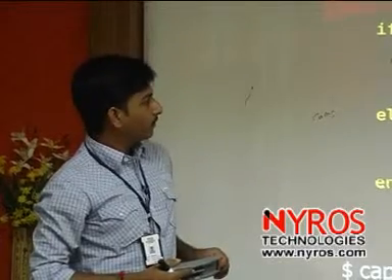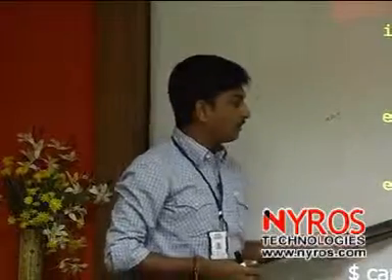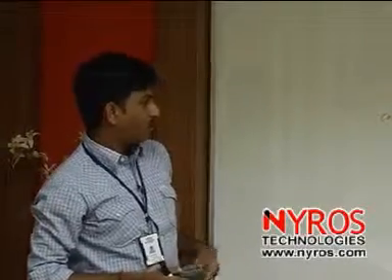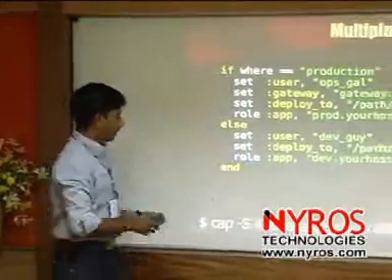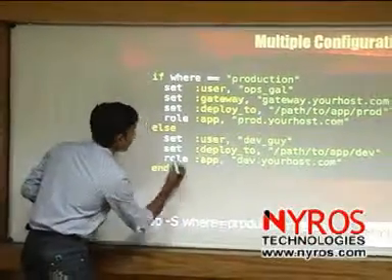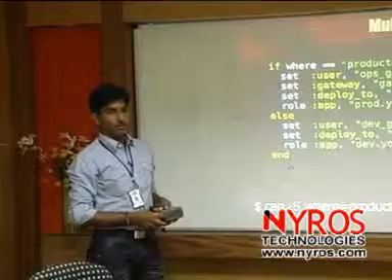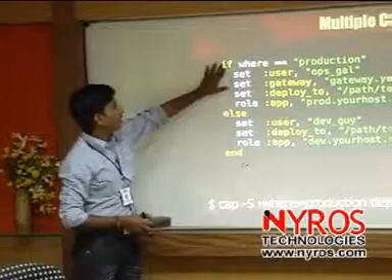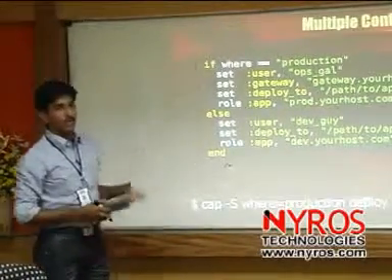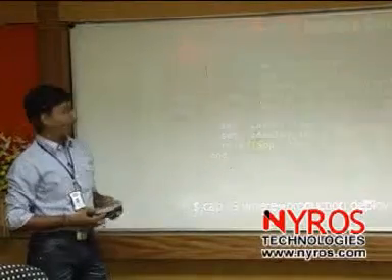Where are you going to write all this? Deploy.rb. All the data you need to write in the deploy.rb. When I run that command, which application is going to deploy? This application. Next, if you want to deploy that dev underscore guy, if you write it instead of cap deploy, it will create these two. So at a time, these two. If you do not write any if condition, we can set n number of different paths.